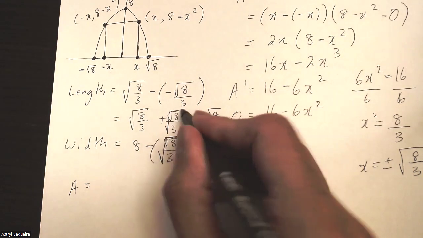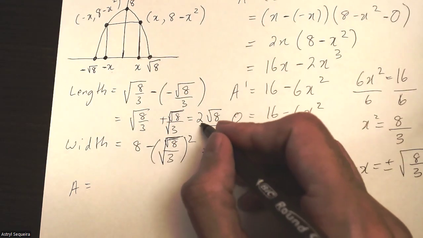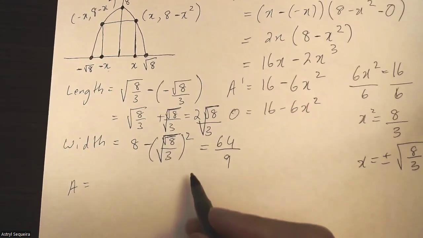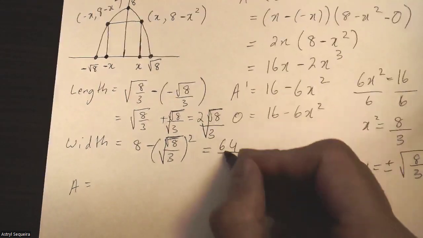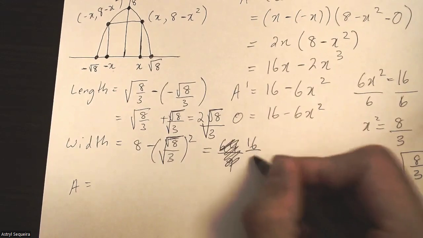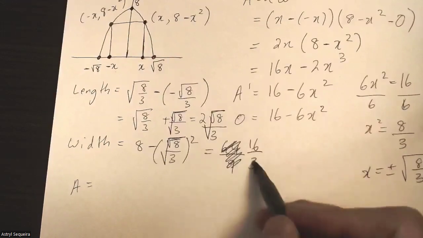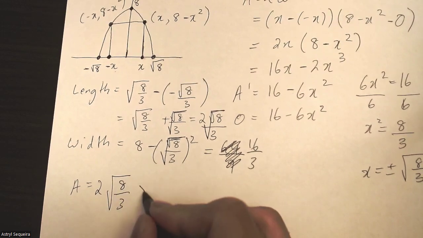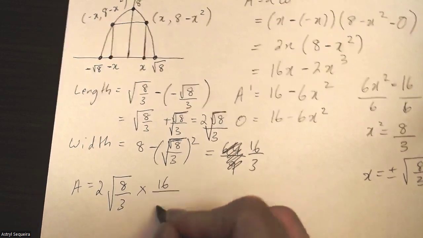This root is over this as well. So 2 root 8 over 3. So this is 16 over 3, and then area is just this times this. 2 root 8 over 3 times 16 over 3,